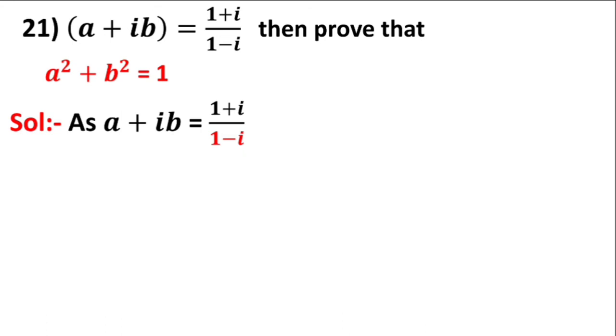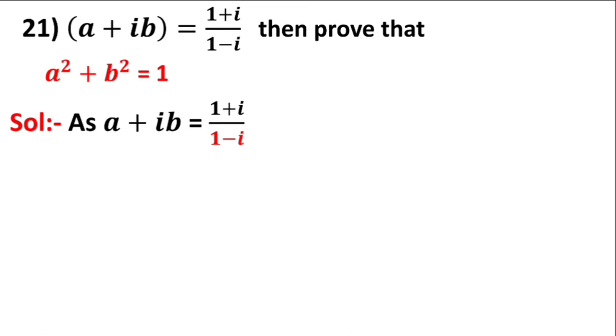See, here there are two methods. You can take cross multiplication, meaning 1 minus i transfers to the LHS side, and simplify that. You will get the values of a and b. Or you can simplify the RHS. What is the RHS? It is nothing but a ratio of two complex numbers, so you simplify by multiplying by the conjugate of the denominator. That is a simple method. So you have to simplify the RHS to show that a square plus b square is equal to 1. We need a and b, so you keep the LHS as it is.